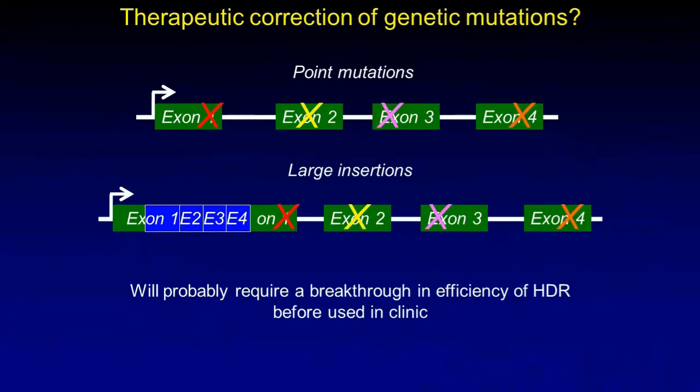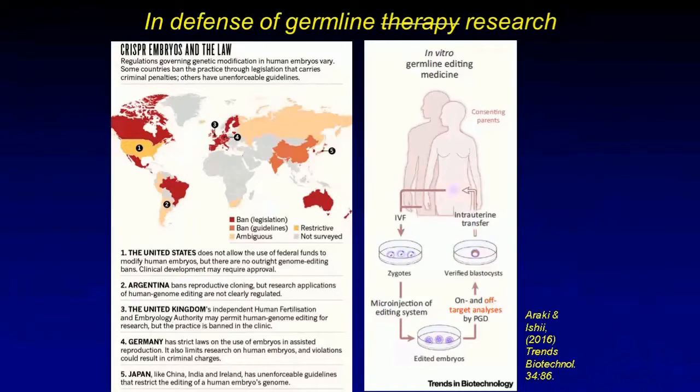This might probably be one of the ways that homology-directed repair could be used to repair defective genes in people. However, the efficiency of homology-directed repair is usually lower than the mutagenic effects of the non-homologous end joining methods. So we'll probably need another breakthrough in efficiency to get it at least tenfold or more higher before we start to see this in the clinic. That's my personal prediction, I should say. Things are evolving very quickly.